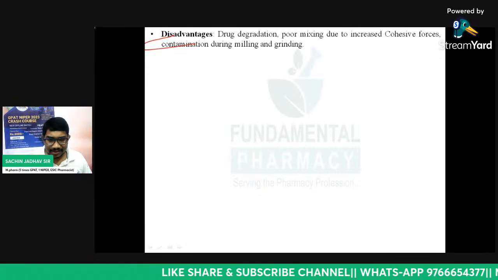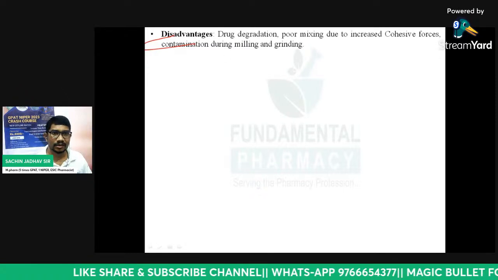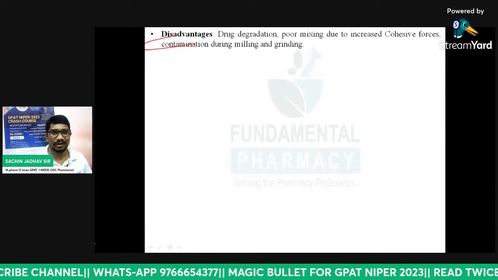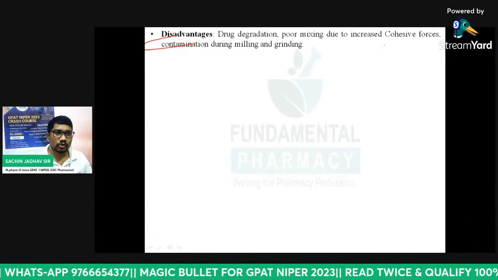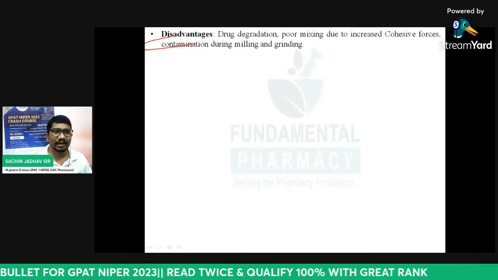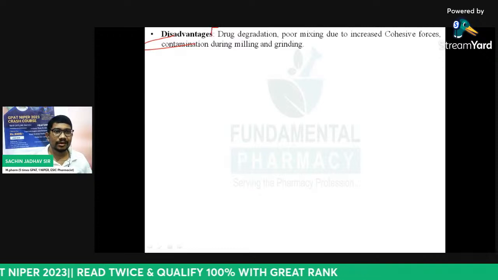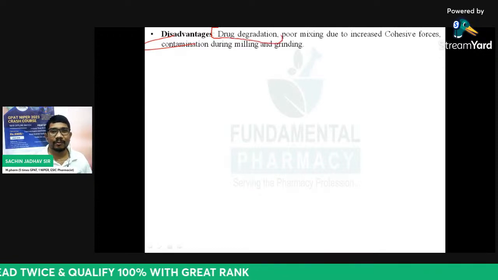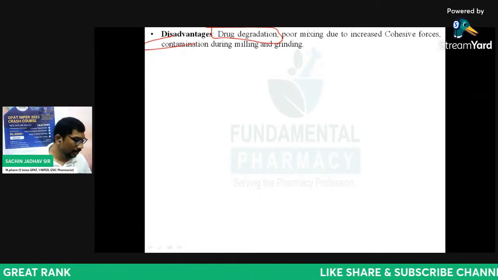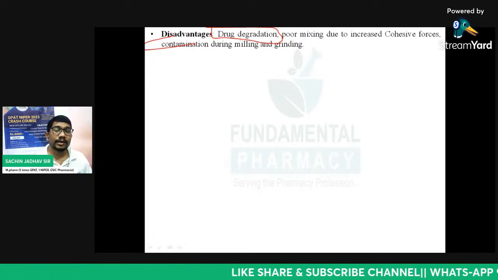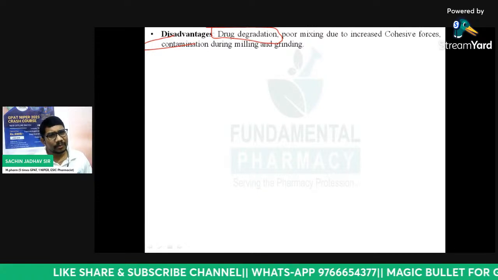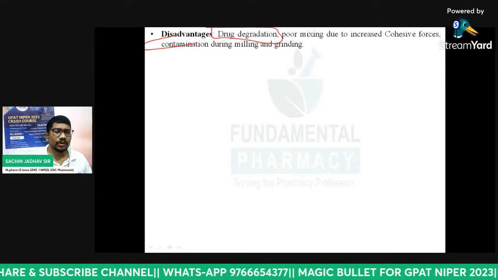So what is the disadvantage of drug degradation? So main disadvantage of your size reduction is nothing but the drug degradation. So आप बोलेंगे सर ड्रग डिग्रेडेशन कैसे होगा, मिलिंग करने पर। So after the size reduction, so during the milling, what will happen? There is a development of heat. That heat may degrade your product. So drug degradation or drug decomposition may be one of the major disadvantage of your size reduction.